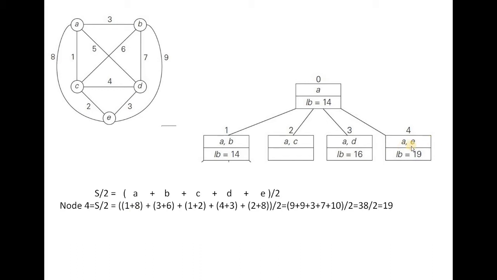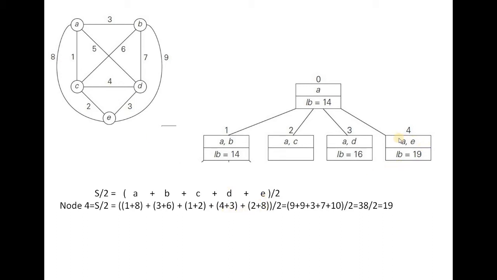B is not there in this pair. So directly go to B, find out two least cost paths. Those are 3 and 6 written here. C is not there in the pair. That's why directly go to C, pick two least cost paths. Those are towards A and E respectively, 1 and 2 written here. Next D is not there in this pair. So directly go to D vertex, find out two least cost paths, 4 and 3. I picked 4 and 3.